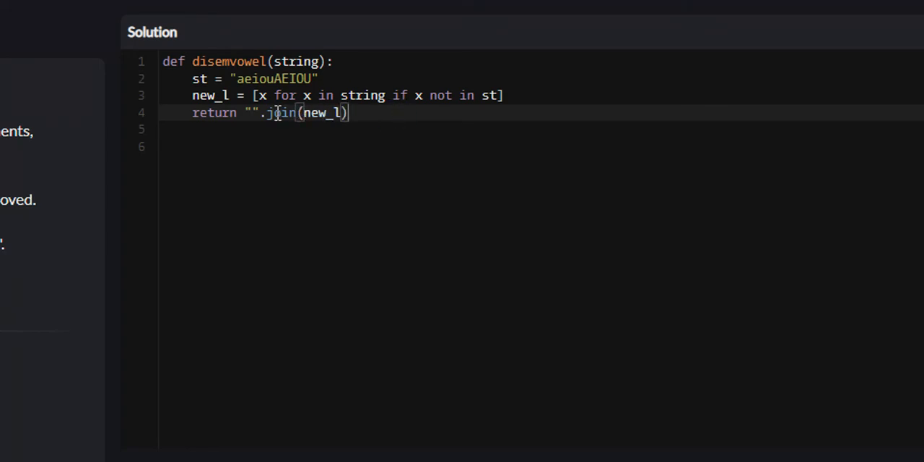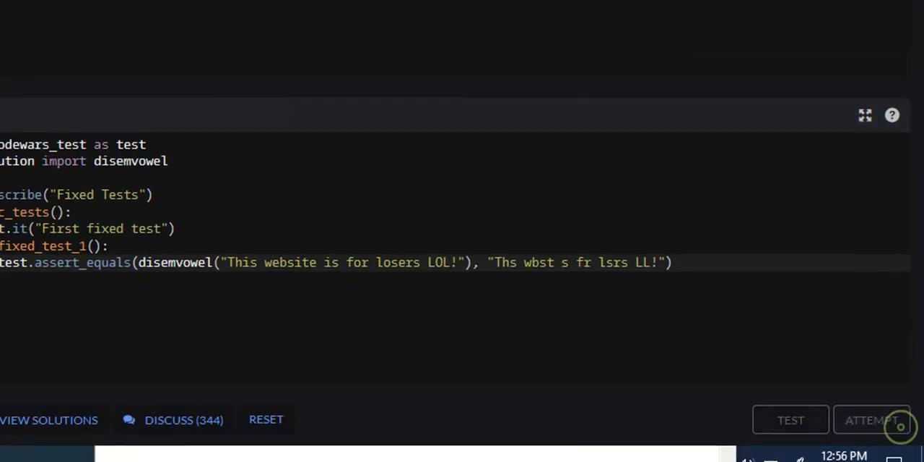Basically, what this join function does is it takes every element in our new list and puts it into a string with this between every element. So if we were to do this with, say, a $ sign between every element, or a % sign between every element in our new list, basically between every character, a % sign would be put there. So if we attempt it,